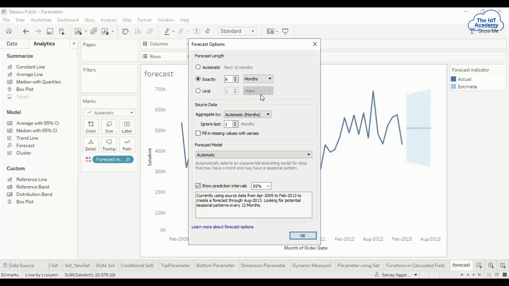6 months. Okay. Now agree. So I want to do it on a monthly basis, so that is why I aggregate by automatic months. Now, ignore last would mean, say, if it's too old data, you won't like to use that data